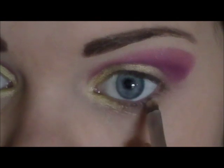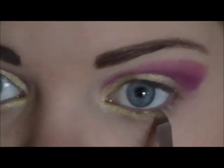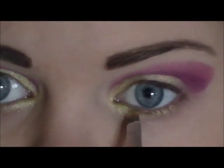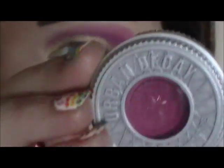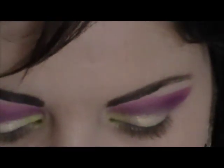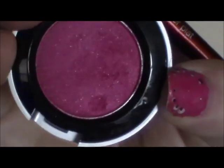And again, bring it underneath the eye. So next I'm going to take another hot pink color. This is from Urban Decay and it's called Woodstock. So let me just open that up for you so that you can see it. That's Woodstock, okay? So again, using that flat, small eyeshadow or eyeliner brush,